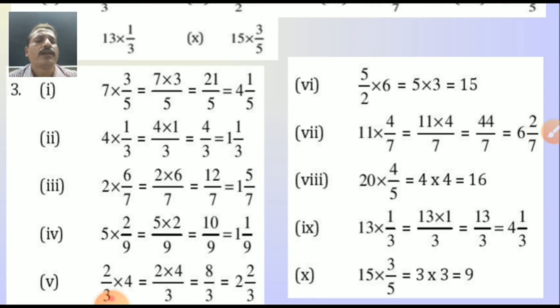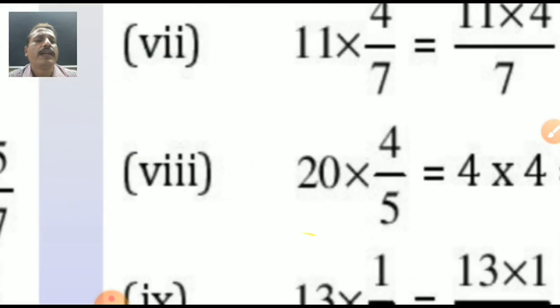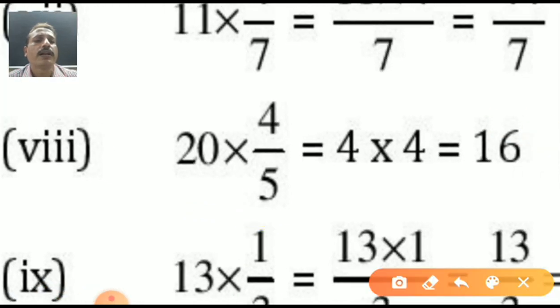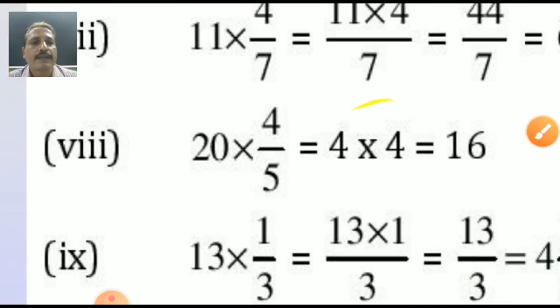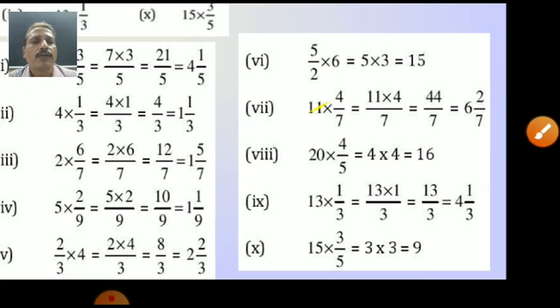Yes, my dear student. Here is one more example I want to show you about this 8 one. See student, this one you can cut. 5 ones are 5, 5 4s are 20. Or some students do it this way. In place of 20 they can write 4 into 5. Now 5 ones are 5 and 5 ones are 5. This will cut. Now what is left? On the numerator side, 4 into 4. That gives 16. Easy? You are so smart and you now know all the rules of mathematics.